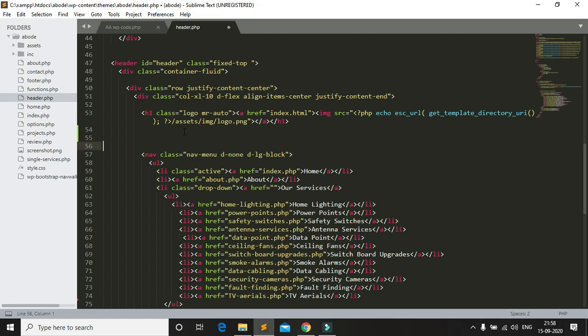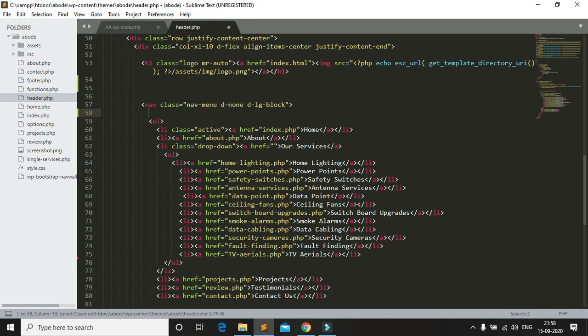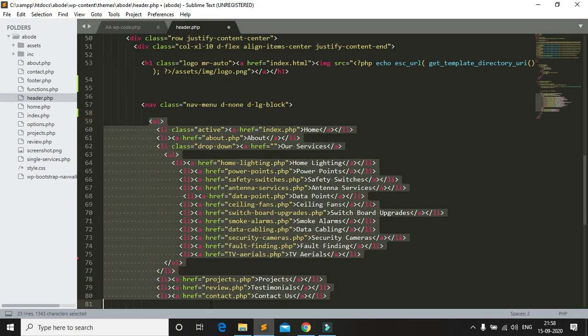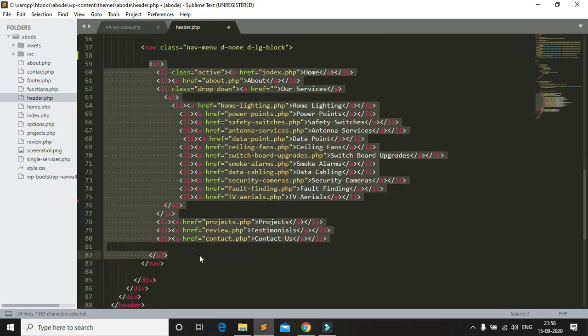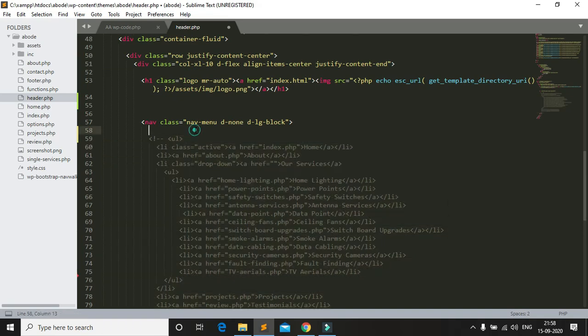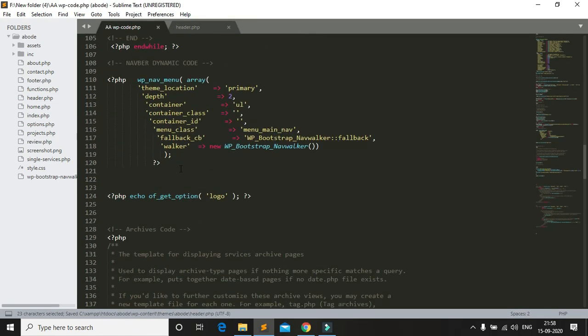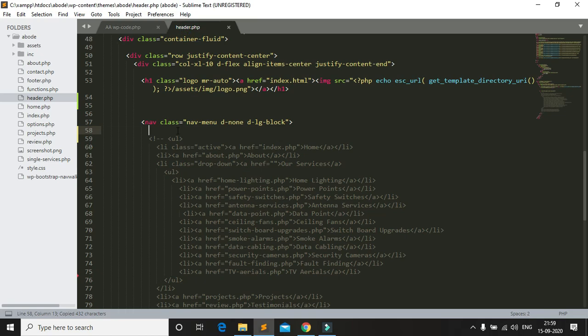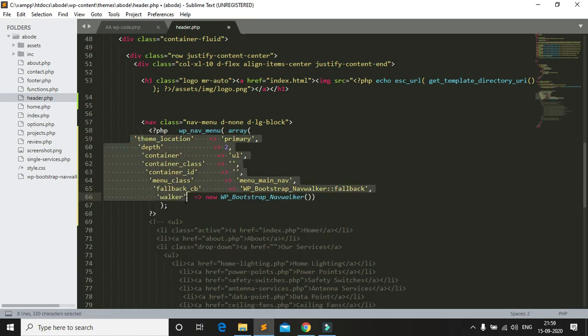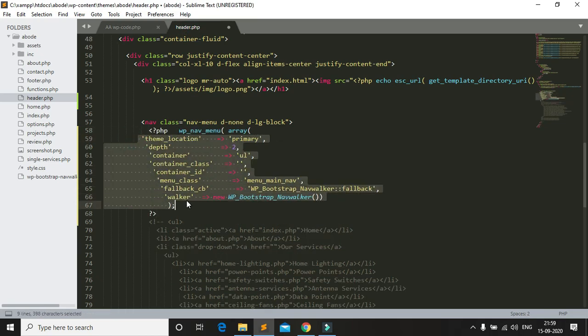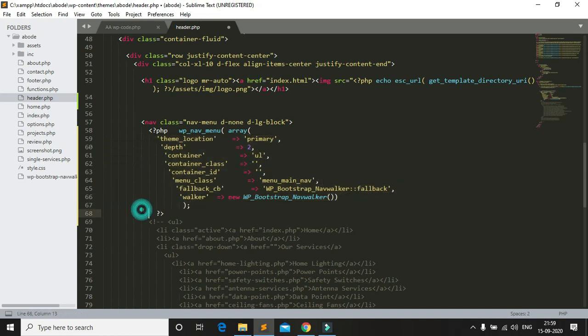Here you can see I just comment it out and save, and I have the code in menu code, nav walker, navbar dynamic code. This is the navbar dynamic code. I paste it here. Very easy.